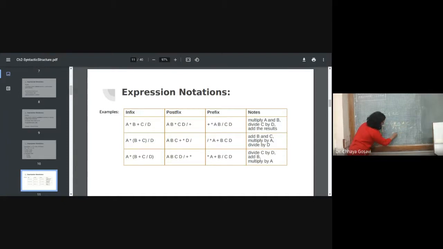So this is star star 4ac. And what about this minus? It will come first. So the output is minus raised to b 2 star star 4ac, correct. So this is about prefix.